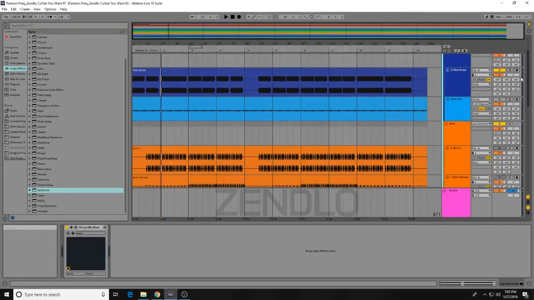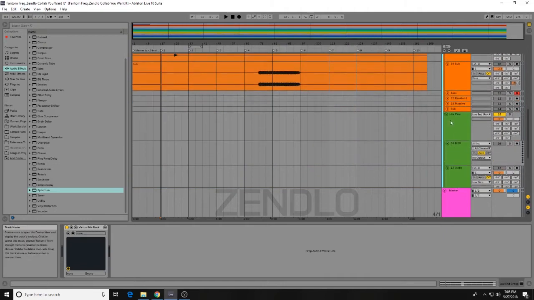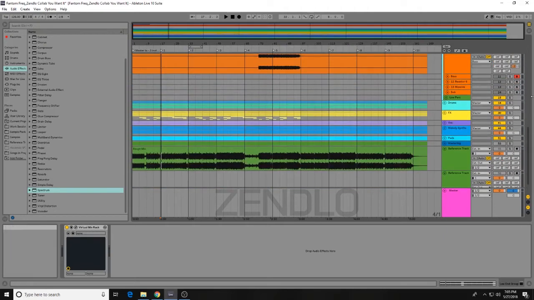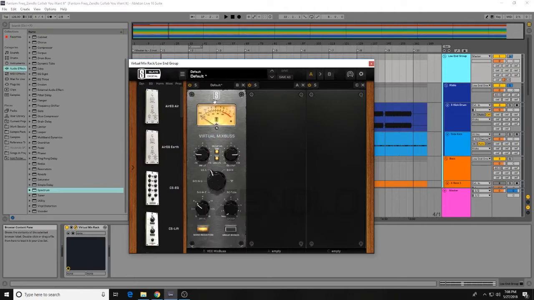So it's actually hitting all my everything, all my bass. So this whole group right here, the orange, and then also the low, which I don't have anything there, so I probably should delete that, but I'll do that eventually. And then this is also on the whole group. This is just saturation. This is by Slate as well,